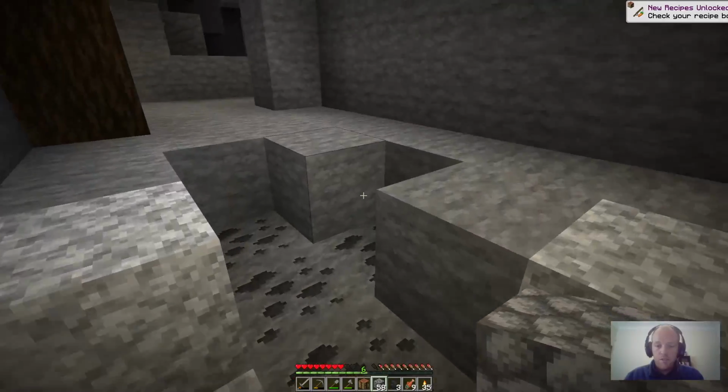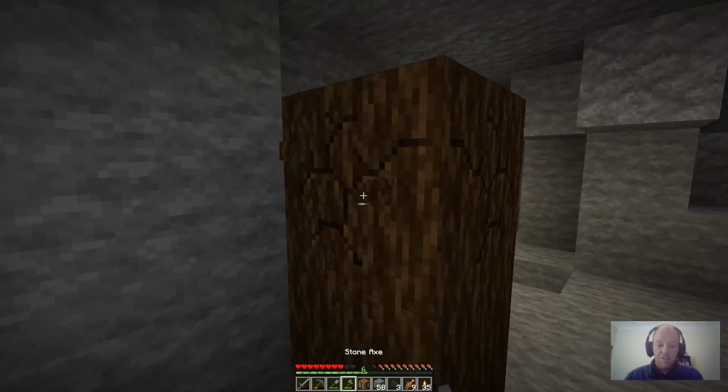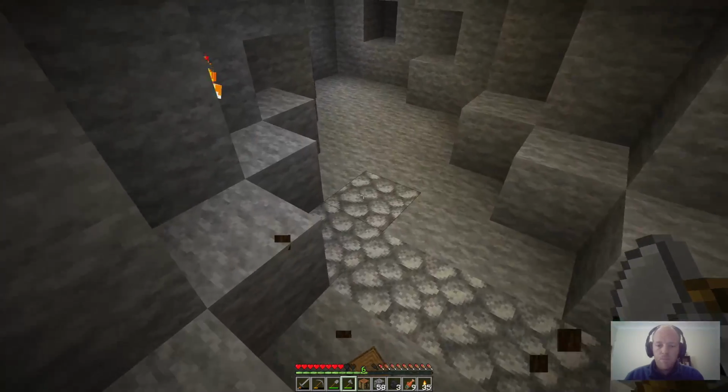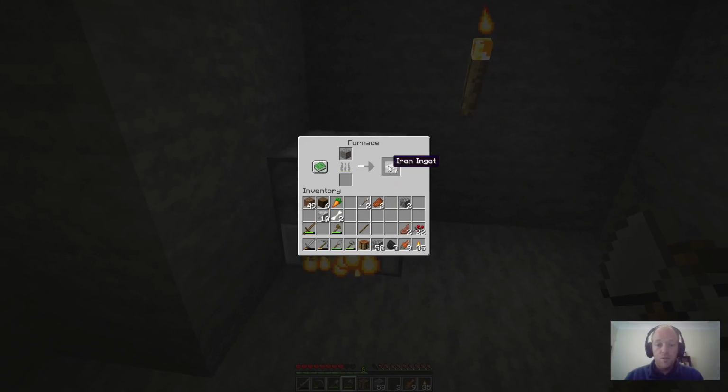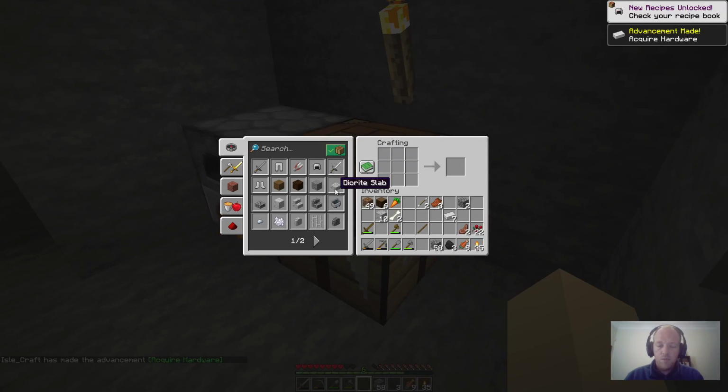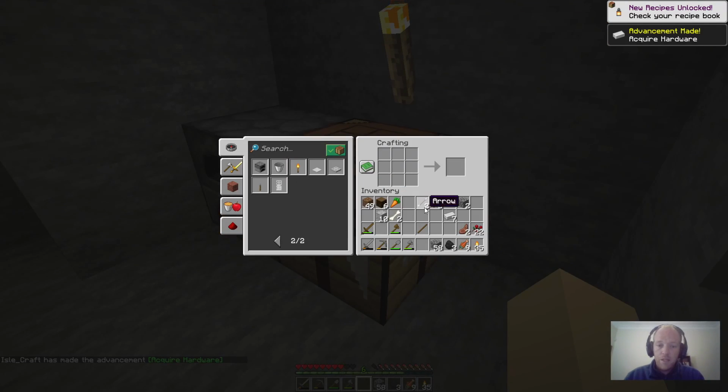Those green things, if you don't know, they are the iconic creepers. Really scary, really dangerous. Your armor will protect you, if you've got armor, from the explosions, but I don't have any of that yet, so...